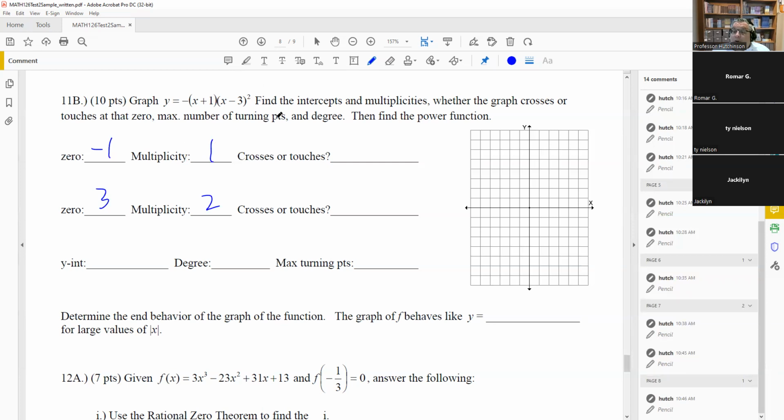If it's an odd multiplicity, it's going to cross. So odd multiplicity crosses, and even touches. Okay, so they'll have that kind of thing on there. And again, it'll be similar to the homework, so you've got to be careful. It'll say the